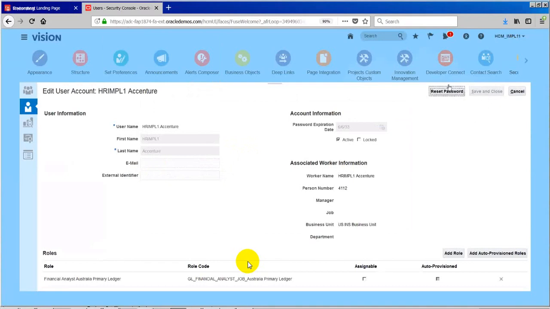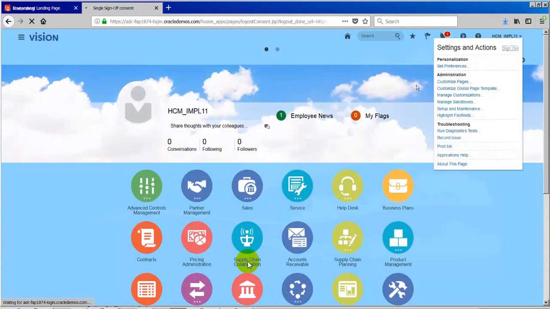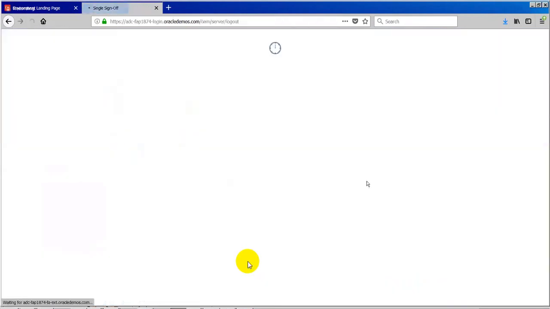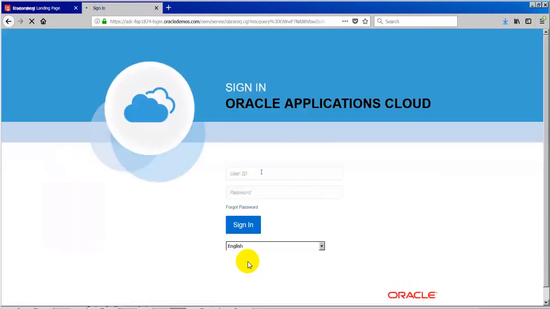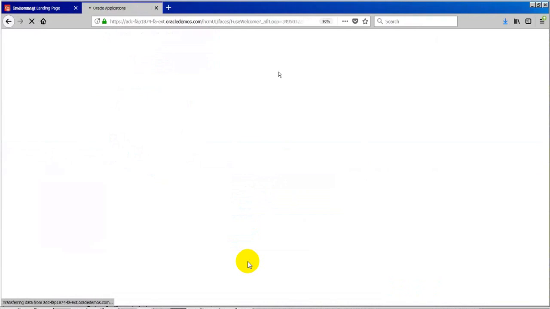Automatic generation, it will be sent to the email. Yes, it will send email to that user with a passcode, and that passcode will be active for 4 hours to reset their password. So they have to use that password to reset it again when they first log in, and that passcode will be active for 4 hours, as I said. And that 4 hours, we can change that one as well. It's completely in our hands.